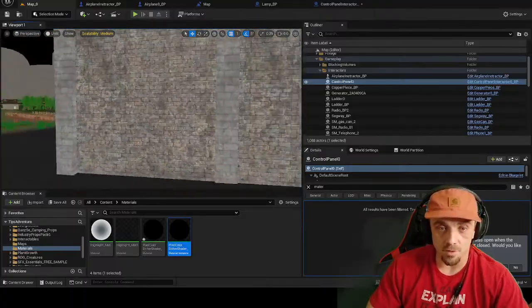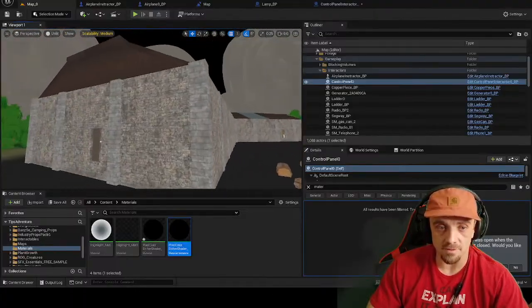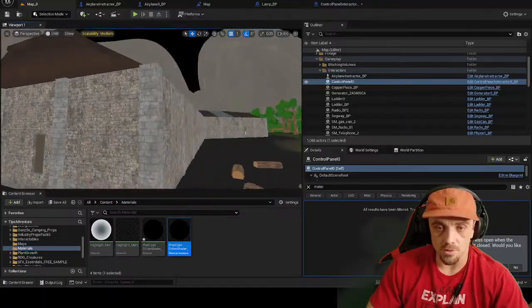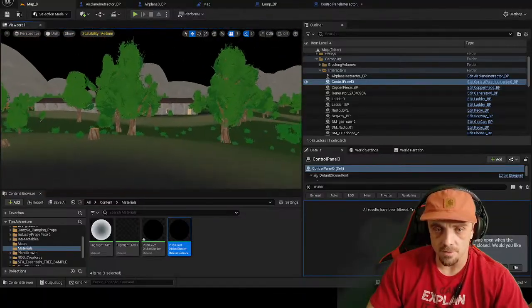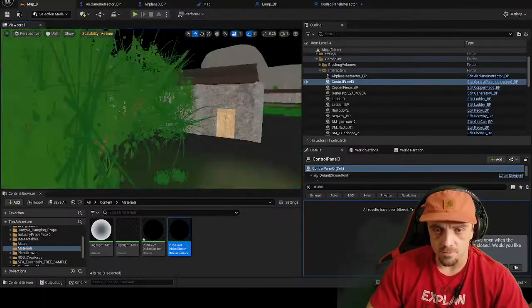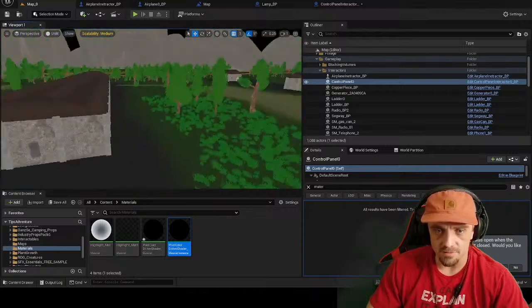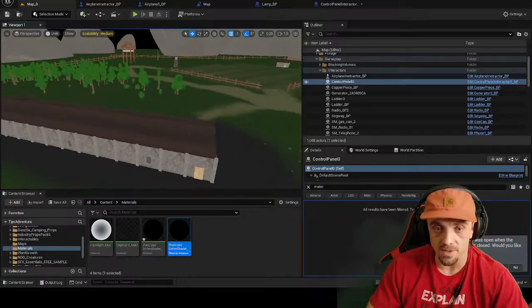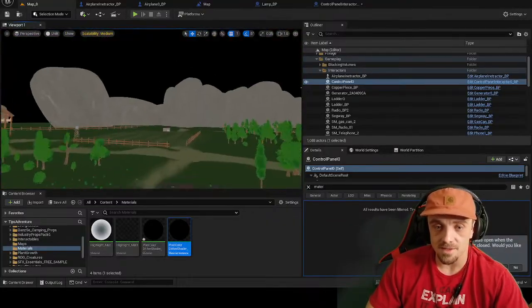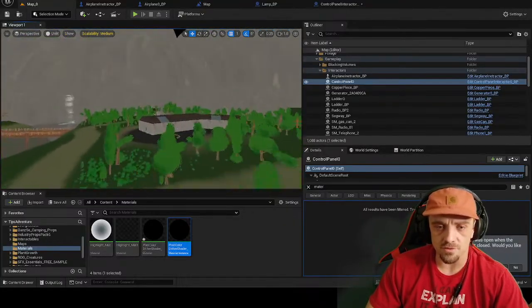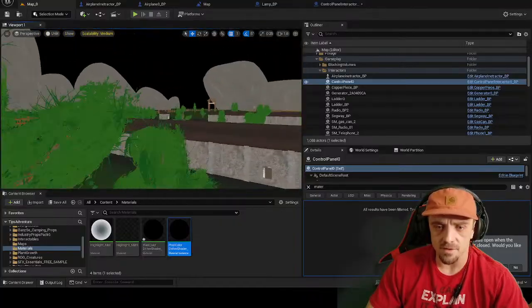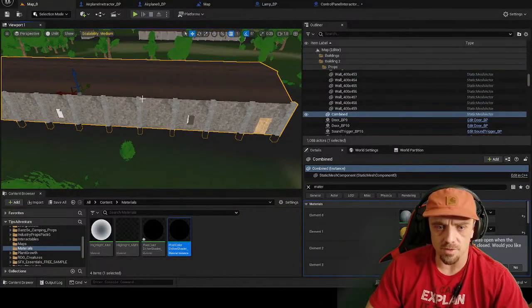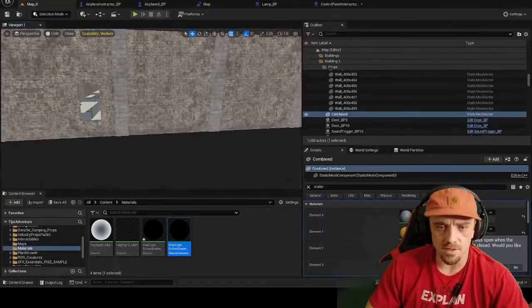The buildings are all me. I made all these myself just by gluing together a bunch of polygons. Same with this one. If you look, this one is exactly the same as this one. I just copied them and pasted them because I did not want to go through making a whole other building. It is a pain. Pretty sure this one is not solidified yet. So if I click this one, it's just one big mesh, right? This one here,